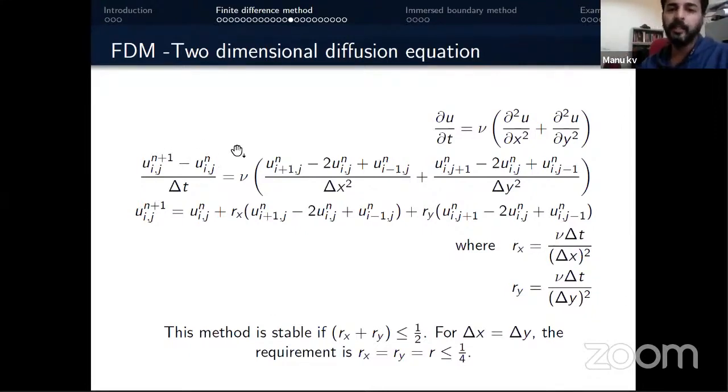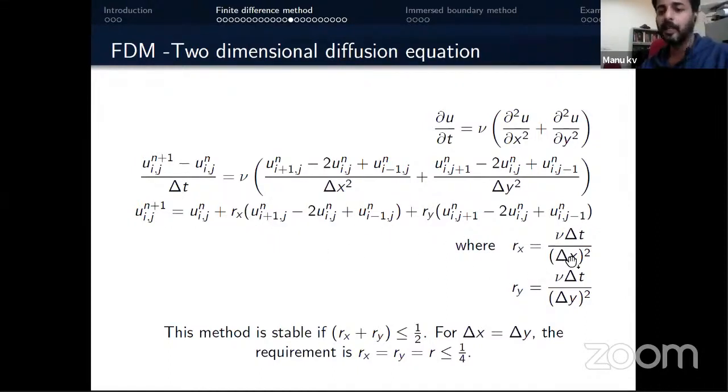So we can discretize the time using a delta t accurate scheme. Then we can write dou square u by dou x square, where i is varying, i is in the x direction, whereas in dou square u by dou y square, i is constant and j is varying. Our task is to calculate the velocity at the next time step, so u i j n plus 1, we can write in this particular format.